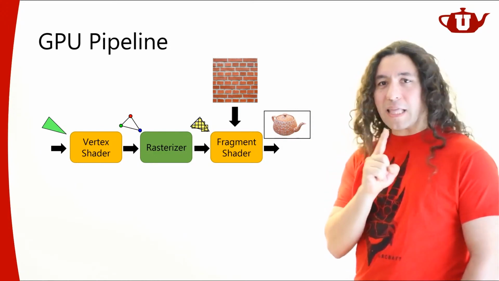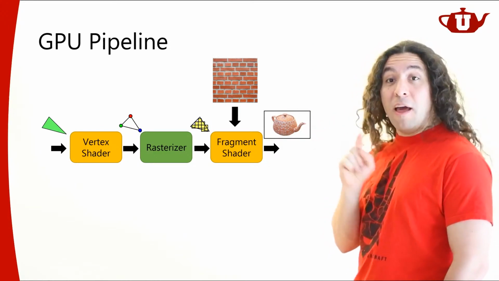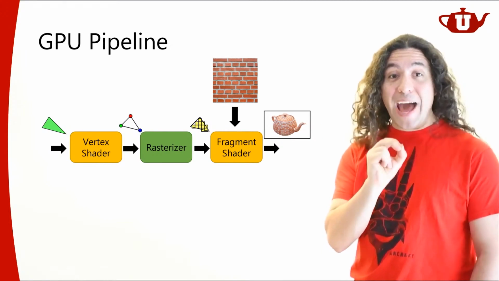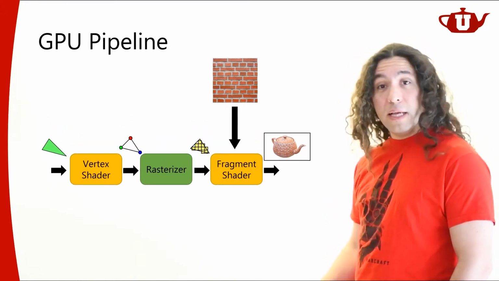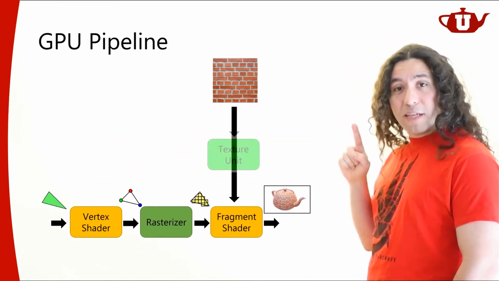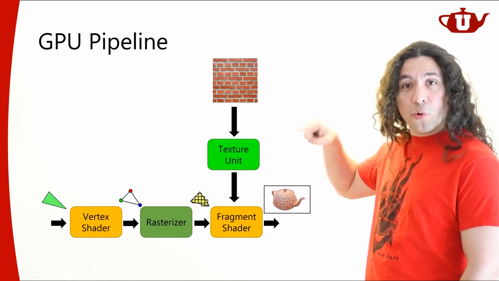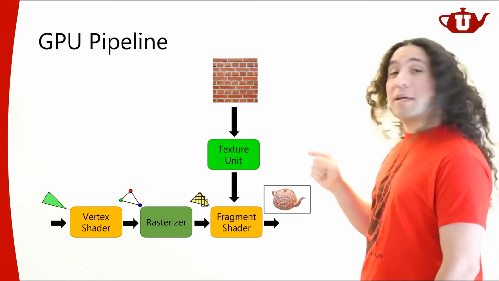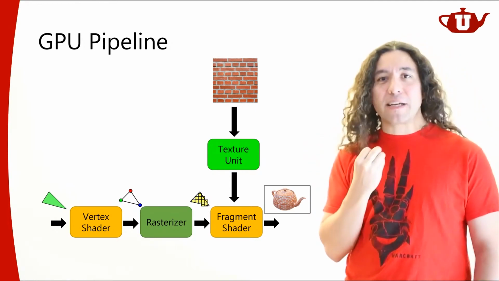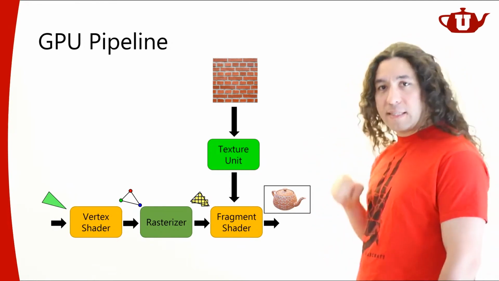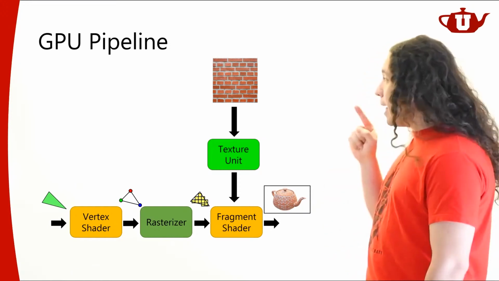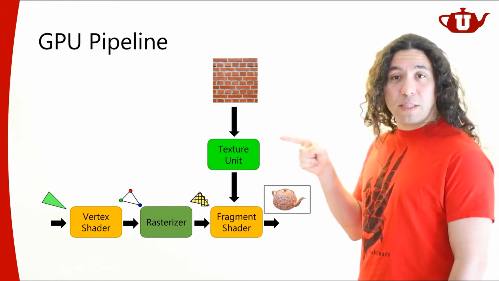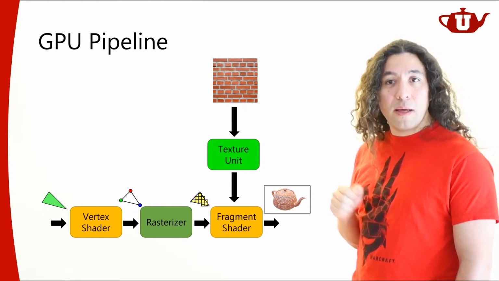Here's why. There's a little bit of a hidden component in here. Very, very important, very, very valuable hidden component in here. I can't directly send my texture to my fragment shader. They go through what we call a texture unit. Now, a texture unit is typically an actual physical hardware unit that sits on your GPU. And this is a very valuable unit. We talked about this briefly last time.